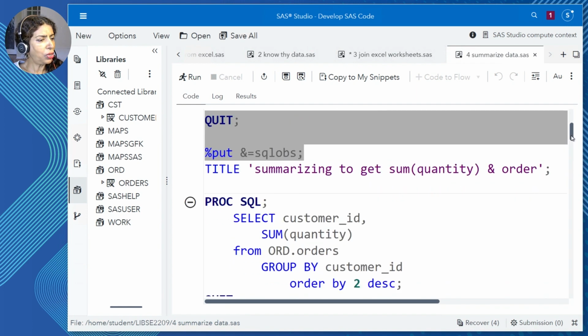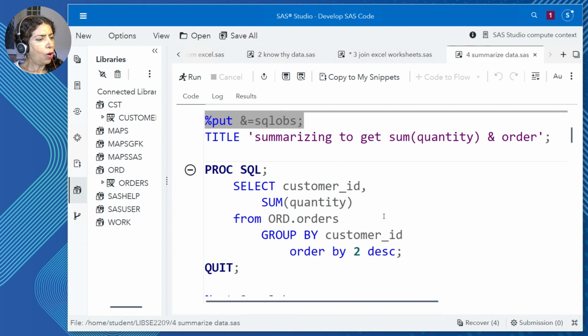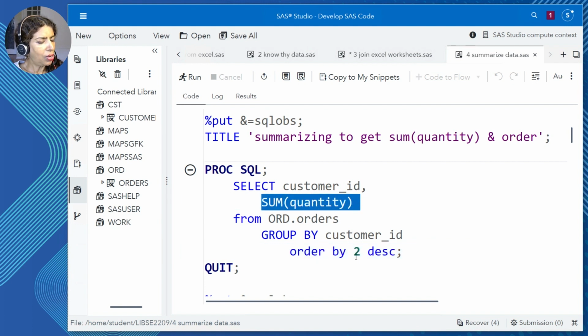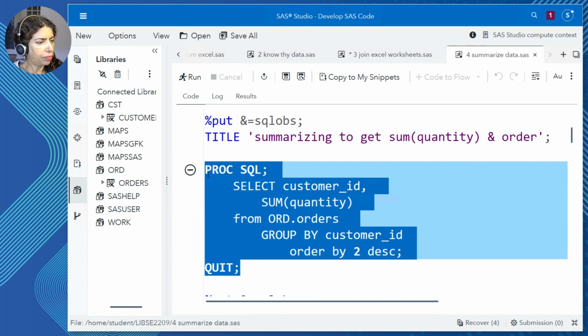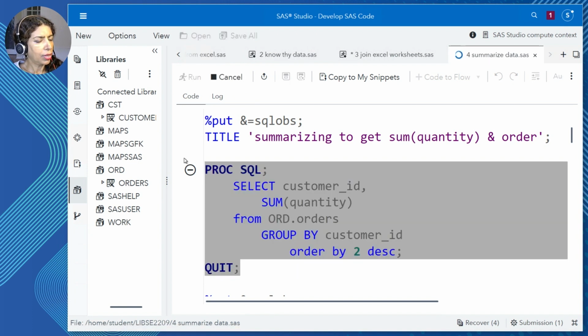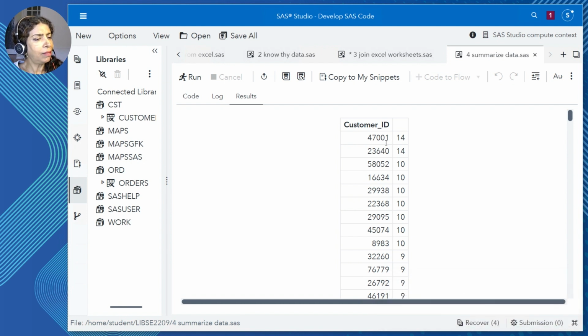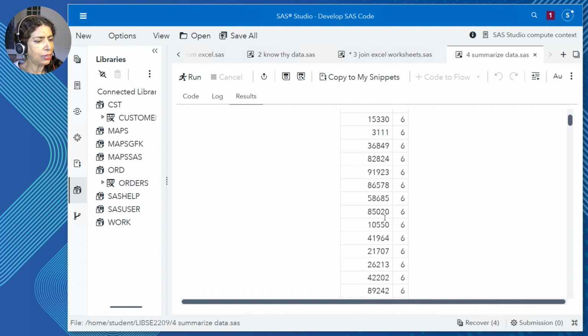You already saw how to put in the order by. So all I need to add in this piece of code is the order by. Order by 2. 2 is the second column. Order by sum of quantity, and I threw in the descending keyword. So let's go ahead and execute this code. And we should see a more informative report emerge. Now I'm going to see which are those customers that had the most quantity that they purchased. And then at the very bottom, I'm going to see customers who had the least possible quantity.